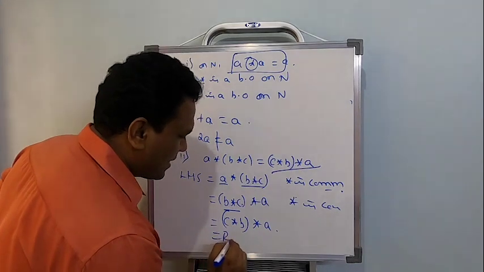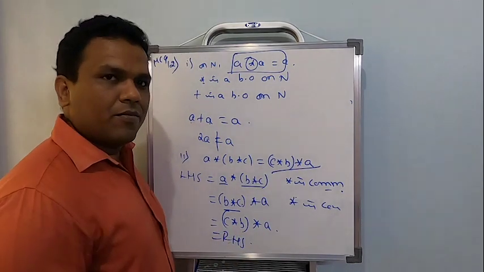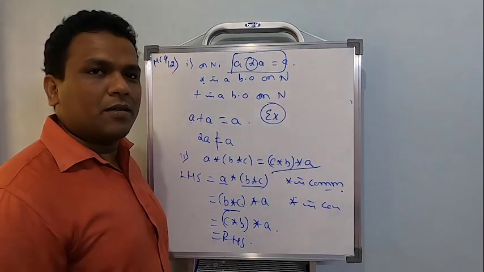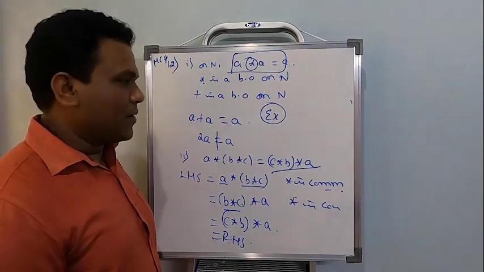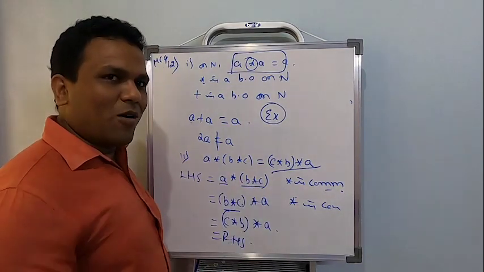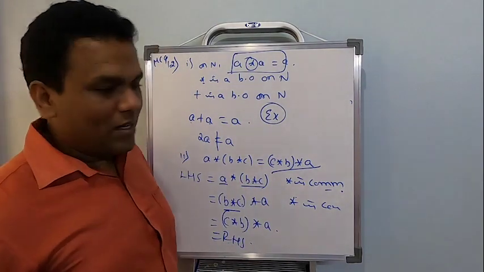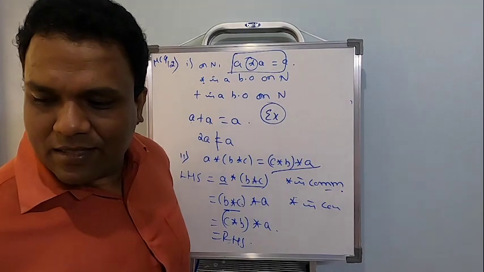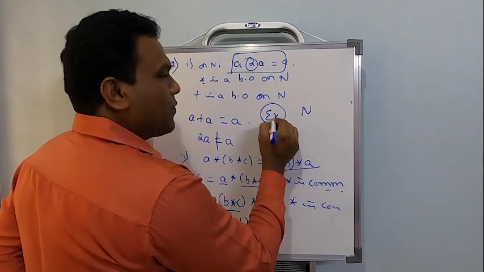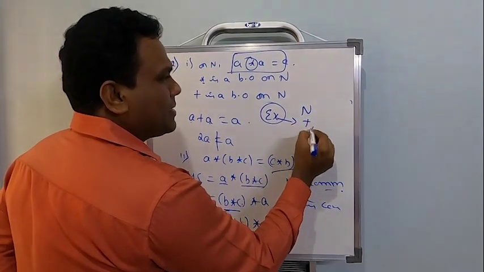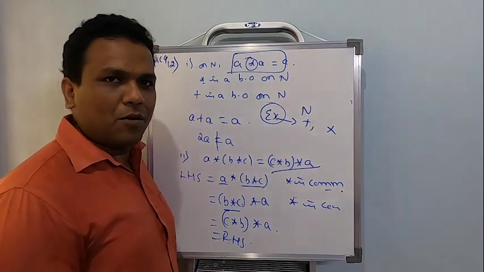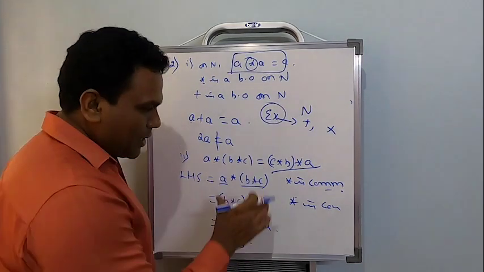That is nothing but the right hand side of the given column, right? Sir, you will be wondering, why not by example? Definitely you can apply. But if you want to apply, star will be replaced by what? To study that, in the beginning they said the problem is based on natural numbers, right? So if you want to give an example, either consider addition or multiplication instead of star and check the property, right? I've explained you in general.